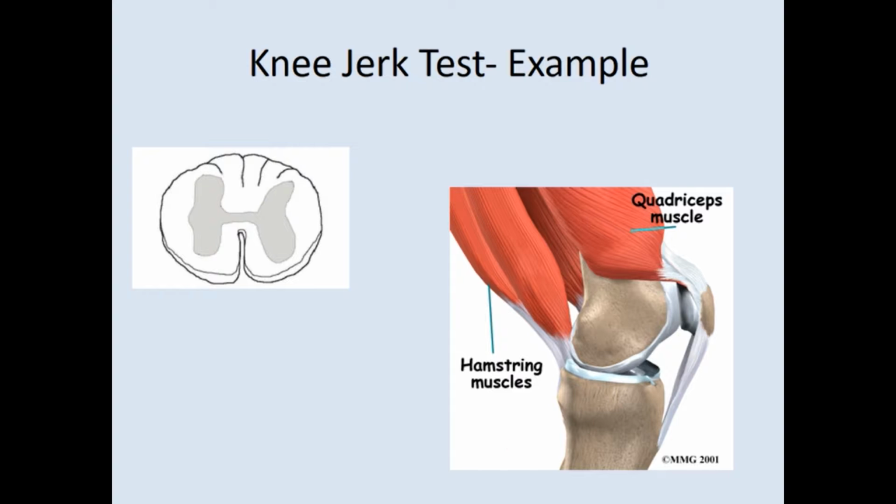So we are going to use this gray circle right here as kind of our representation of our mallet. And so our mallet is going to strike below the kneecap, and what it's going to do is it's going to pull from here up through the muscle. And it's going to be a very quick pull. And so we are going to sense this in our body, and to sense this we are going to use